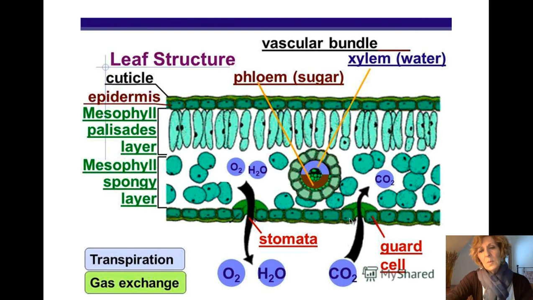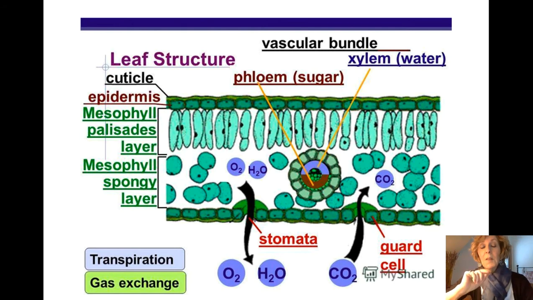So here's my stomata, right? So O2, oxygen, is released from the plant, CO2 goes in. And then these cells, specifically the mesophyll cells, are going to be the cells where photosynthesis is occurring. All right, so we have these mesophyll palisade cells and these spongy mesophyll, and those are going to be where